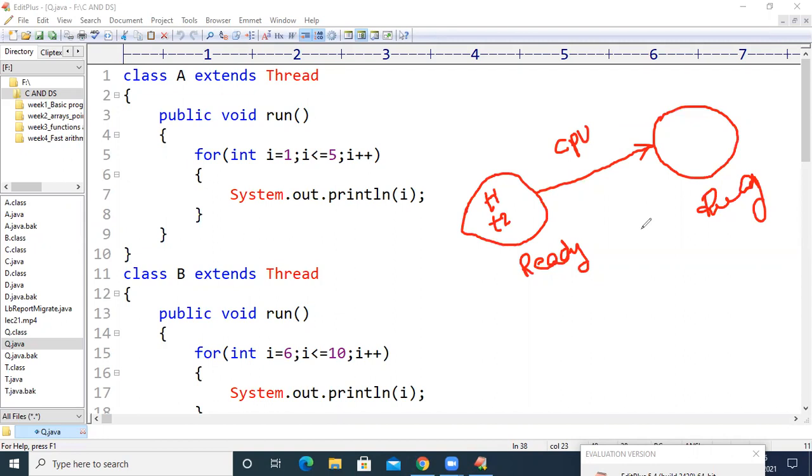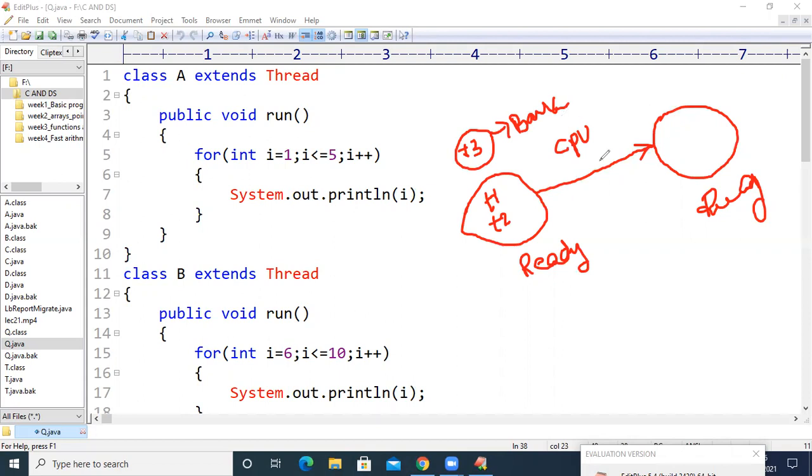Now the CPU will schedule only for T1 and T2. For example, there is a thread called T3, which was kept as a background thread. I will explain how to keep a thread as a background thread, don't worry. So let us see what a background thread is and what a front end thread is.